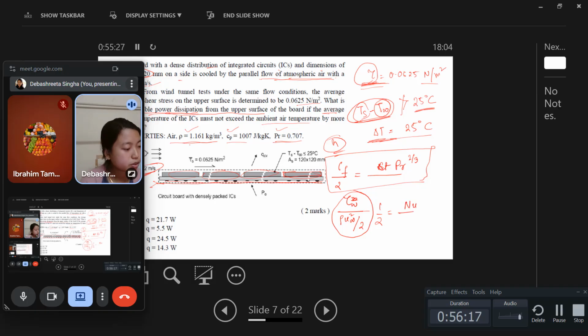So again same thing, Nu by Re Pr. Directly you can write Pr to the power 1 by 3 here. So you must have understood how this 1 by 3 came. So we have this tau. We know this rho is given as 1.161 kg per meter cube. U infinity is also given. It is the velocity of the atmospheric air, that is 2 meter per second. And then Nusselt number is given as HL by K, from where you need to find H. L is given as